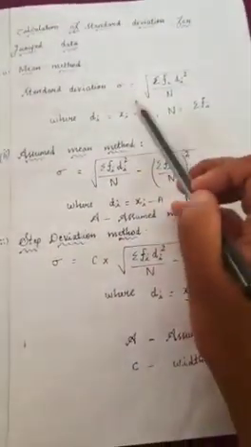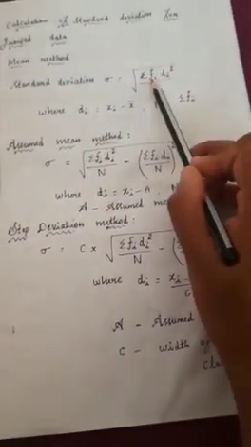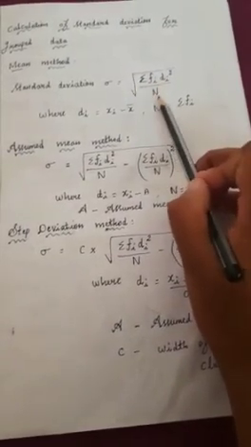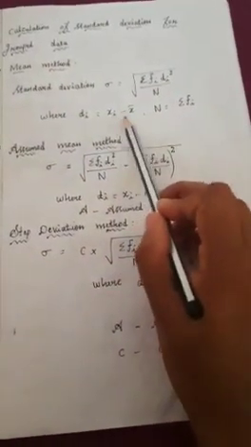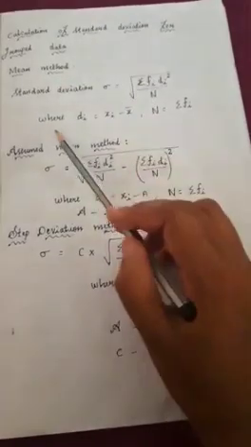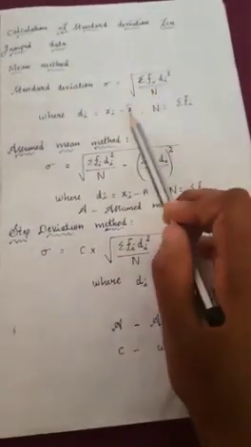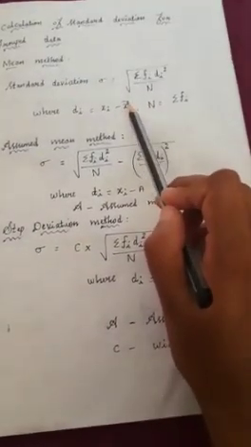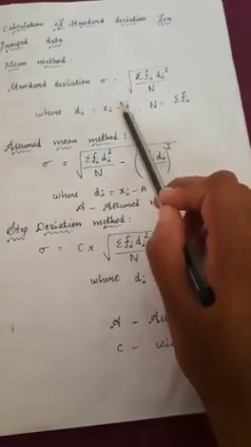The formulas are also different. Okay, so standard deviation sigma is equal to square root of summation fi di square divided by n. N means the number of observations. Di means, for the mean method, the di value is xi minus x bar. X bar means the mean. Already, for ungrouped data, how do you find the mean? Sum of all the observations divided by the number of observations. But here it is not like that. Here also we have seen some methods for finding the mean. If the data is grouped data, what are the methods?